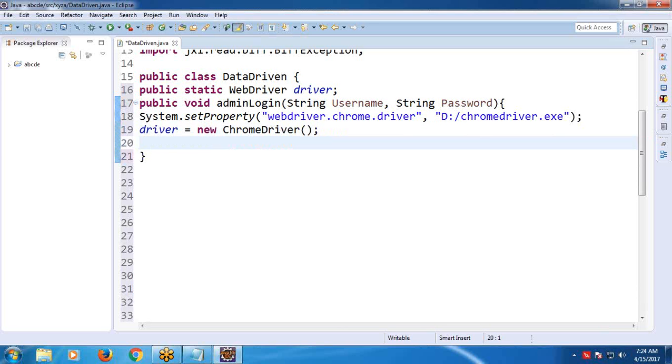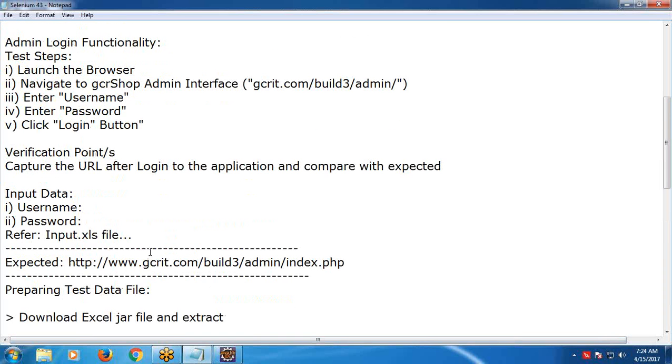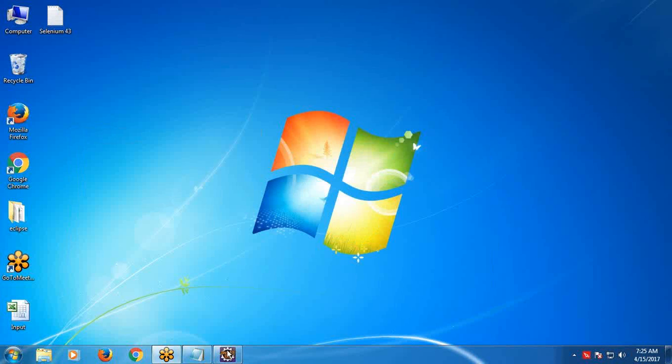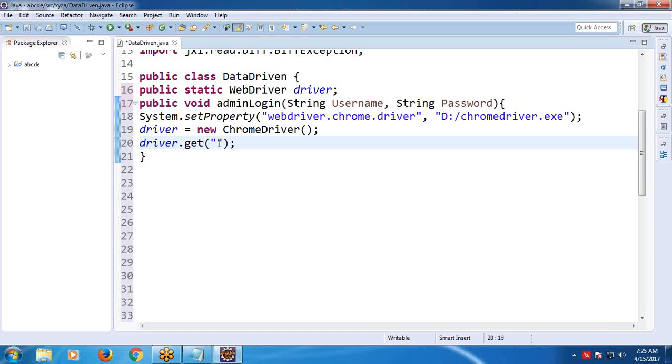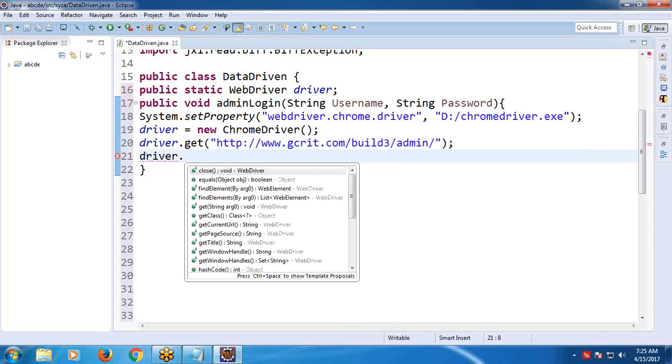Next, launch the GCRIT admin interface. driver dot get, within double quotes, the URL, slash, up to this admin. Next, driver dot